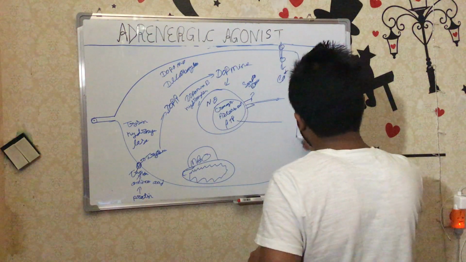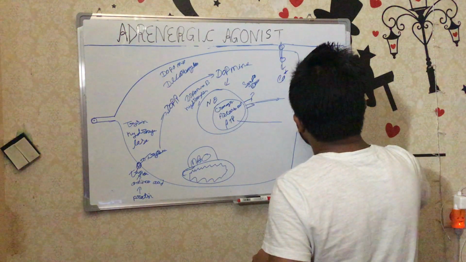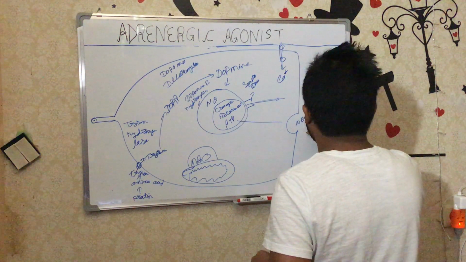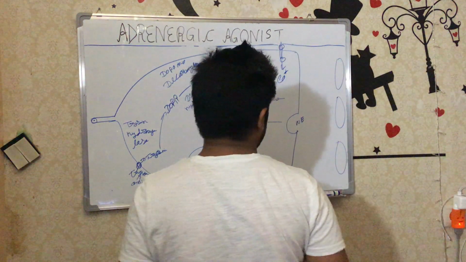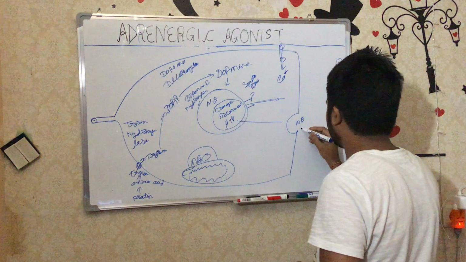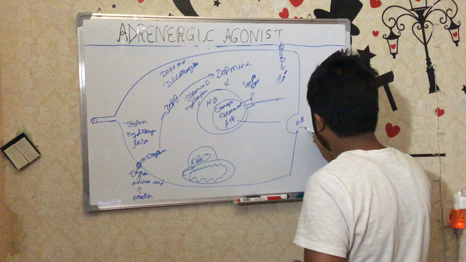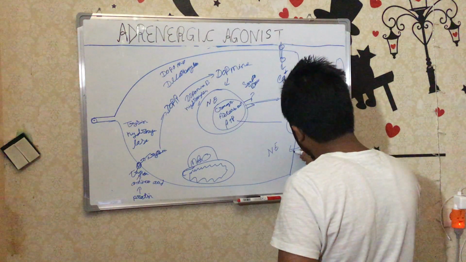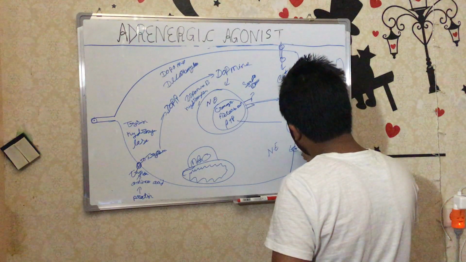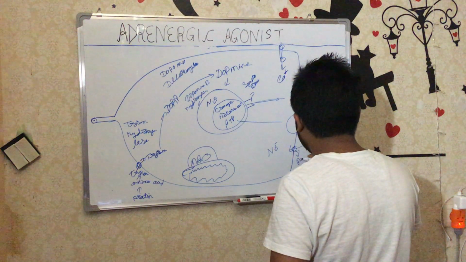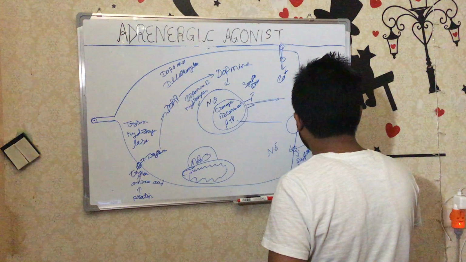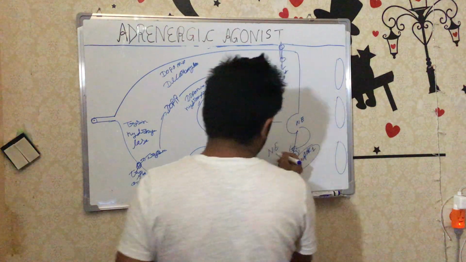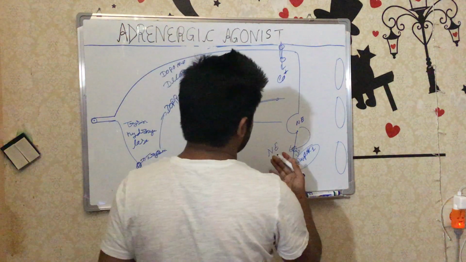So here it's released norepinephrine. But as you know from the physiology, 80% or 85% of the norepinephrine is taken back inside the neuron by a special transporter that is called reuptake 1. Reuptake 1, that is the transporter name. With the help of this transporter, norepinephrine is taken back inside the neuron for the further new synthesis